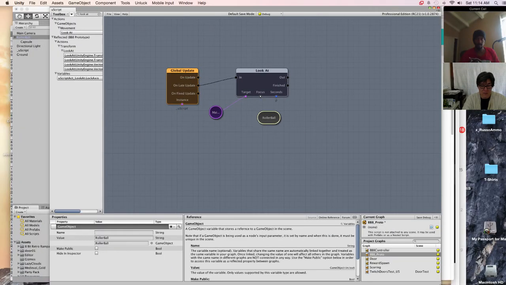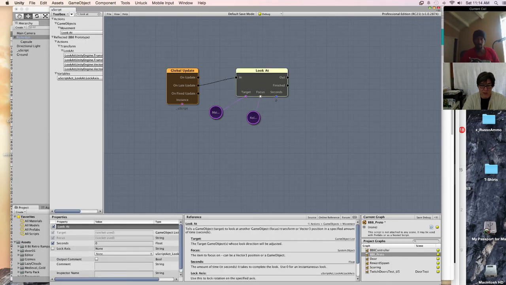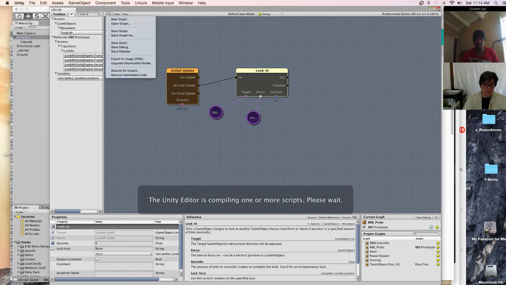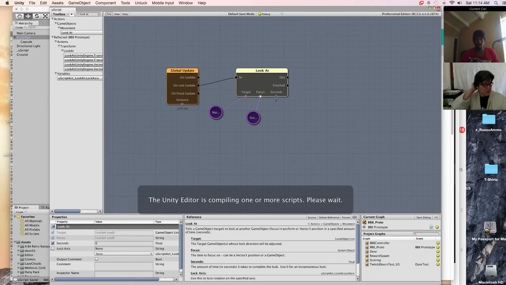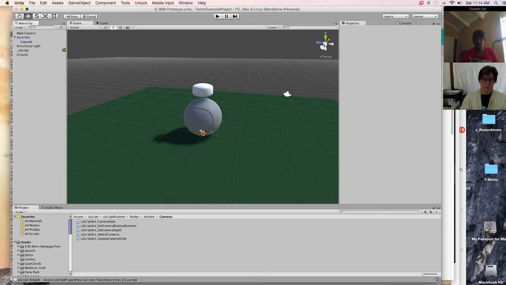So wherever this game object is, we're going to look at it. I'm going to leave this as 0 seconds so that there's no lag, and it will look at it exactly on time. Let's save the graph. Let's rebuild all the graphs. And come back here and we will see how this works for us.